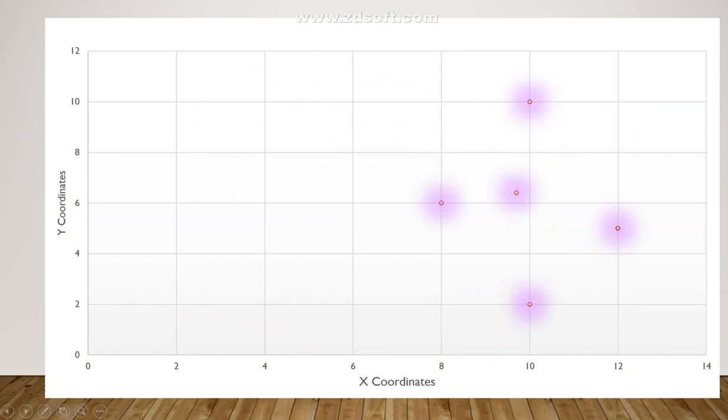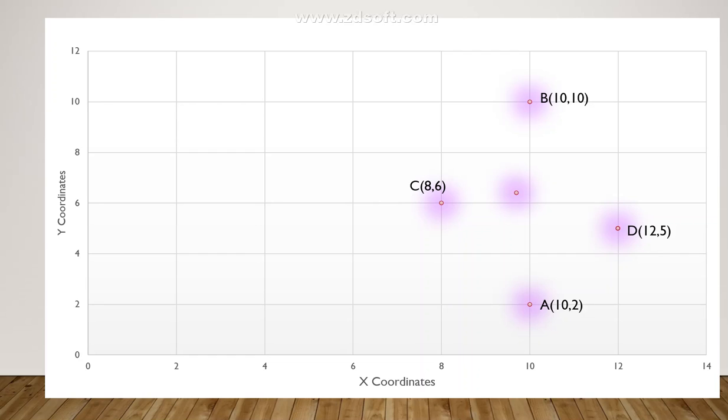Okay, this is the grid, where x-axis refers to x coordinates and y-axis refers to y coordinates. Same way, we can see A is the location which is plotted at 10 as x coordinate and 2 as y coordinate, and B is 10 x and 10 y coordinate, and C is 8 as x coordinate, 6 as y coordinate, and D is located at x coordinate 12 and y coordinate 5.